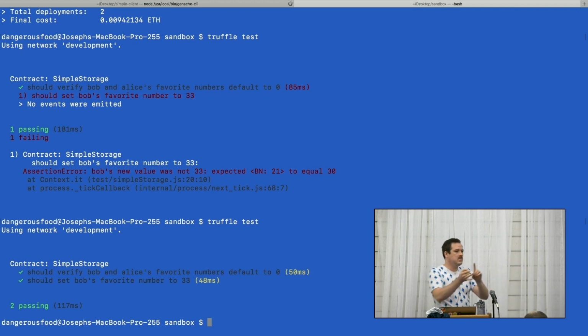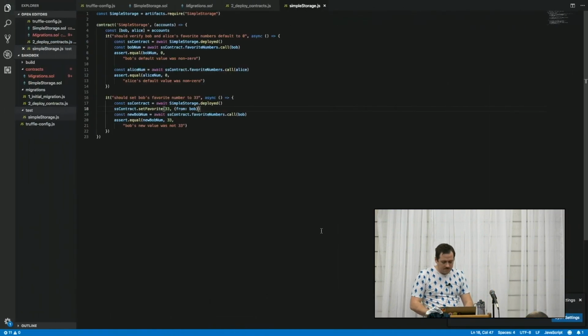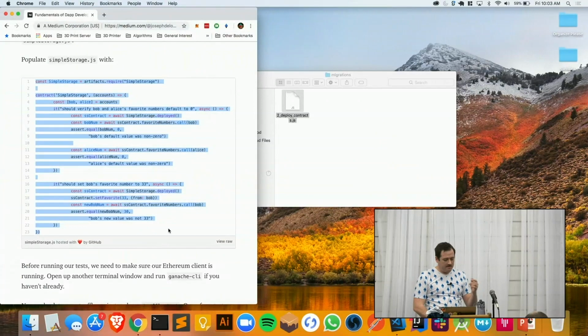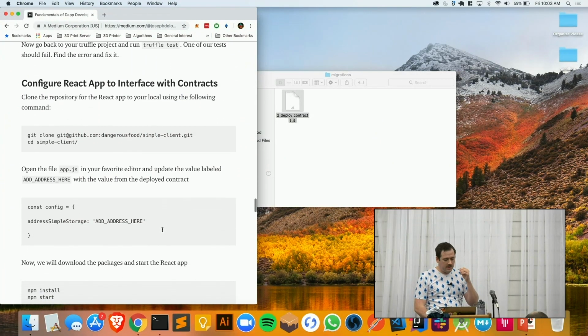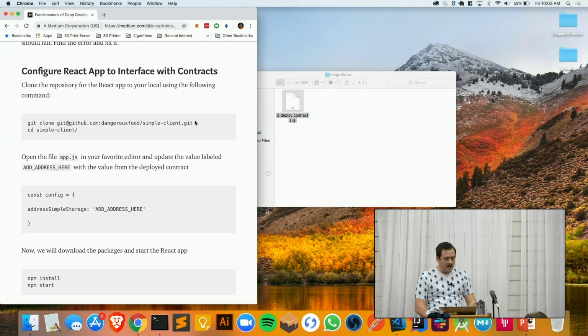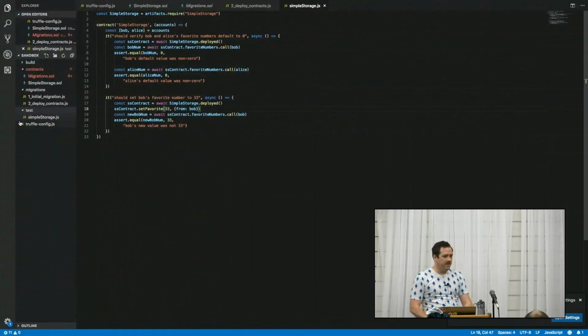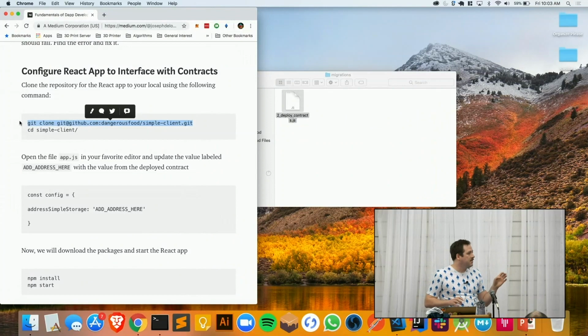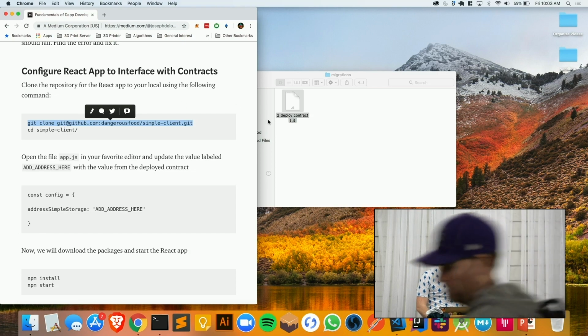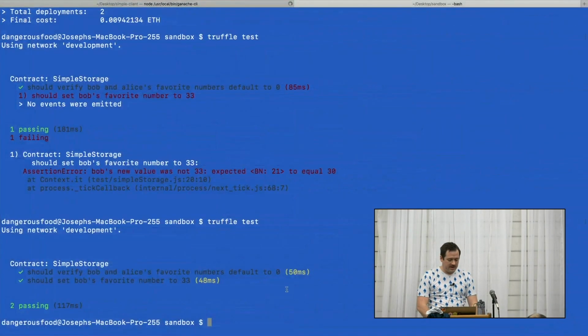We've written our contracts, we've deployed them, and we've tested them. Okay. So now we want to interact with them. So the next thing I'm going to do is, I have an application that is written as like a very fundamental React app and just shows you how you can interact with the contract using JavaScript. So I'm going to clone onto my desktop